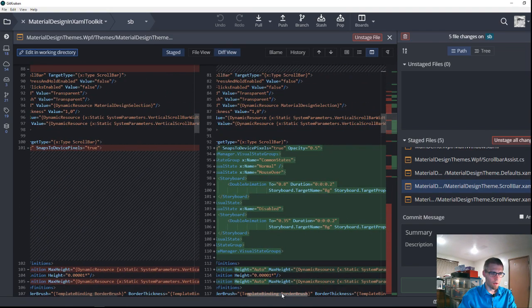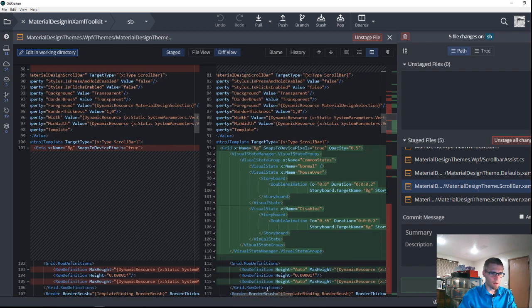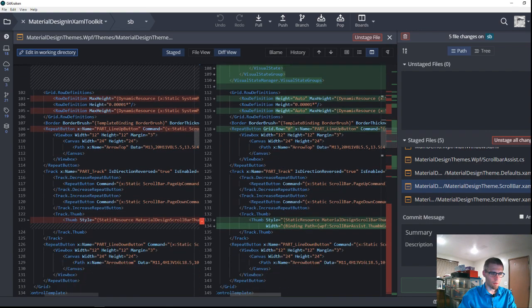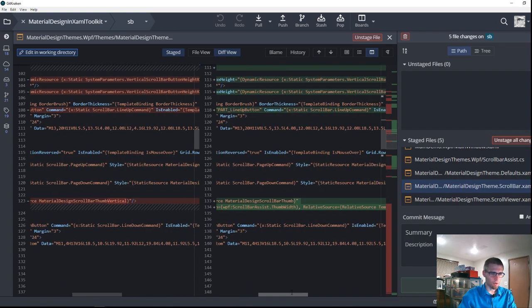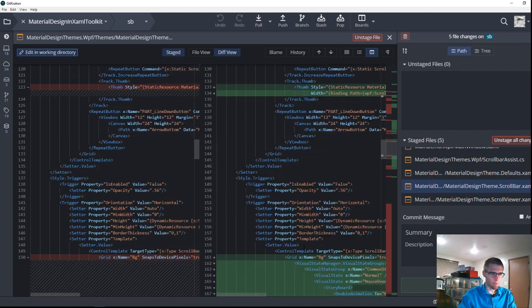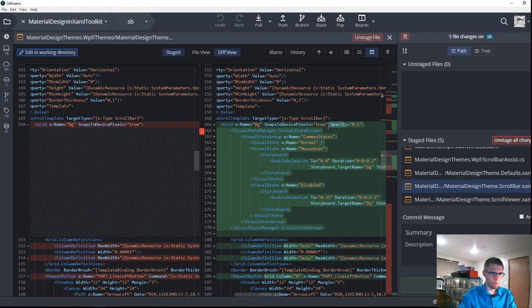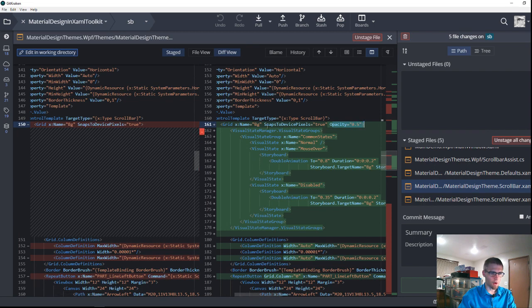Wonderful. Group state. So the opacity change, Visual State Manager, auto, grid row. Just making a quick mental note of all of these so we can compare them with what's down here. So default state, which was the last bug on the horizontal scroll bar. Visual states brought down,